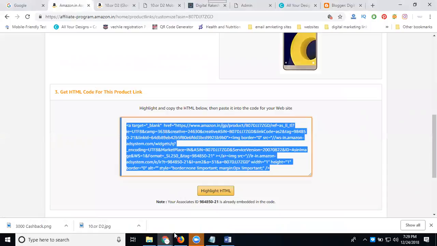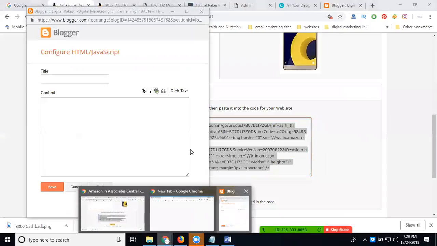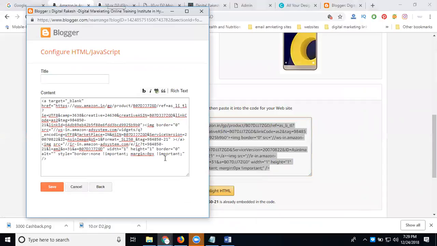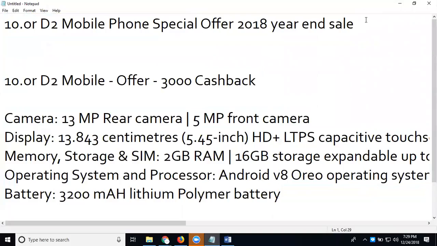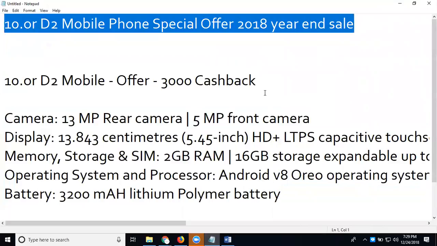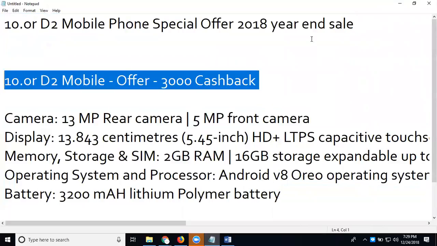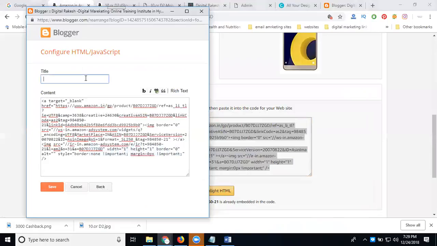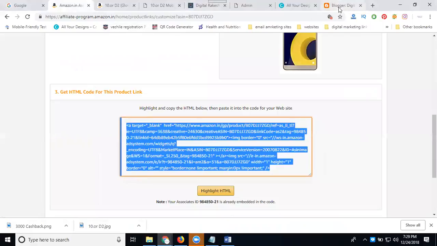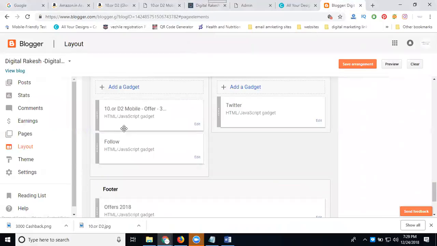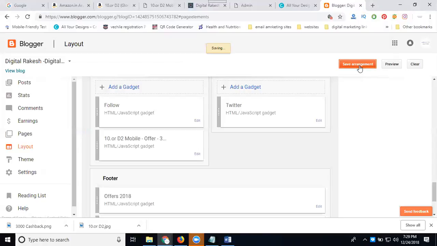Add your content part. We can give one sentence about cashback. Click save. Save element.